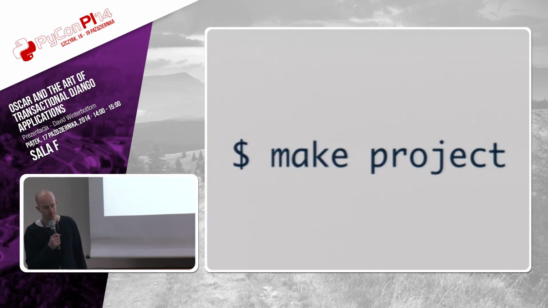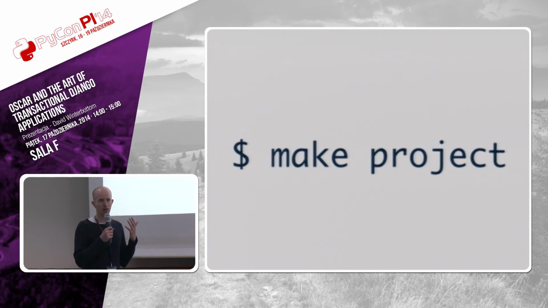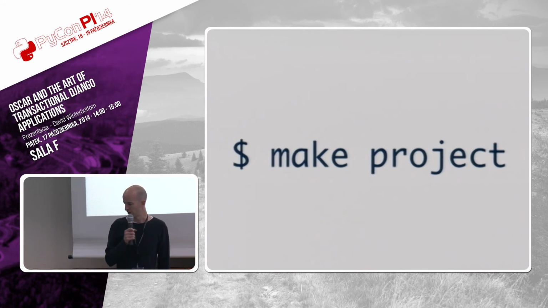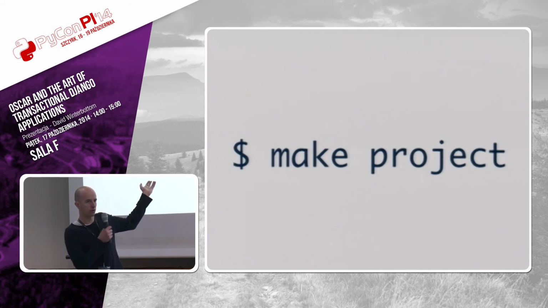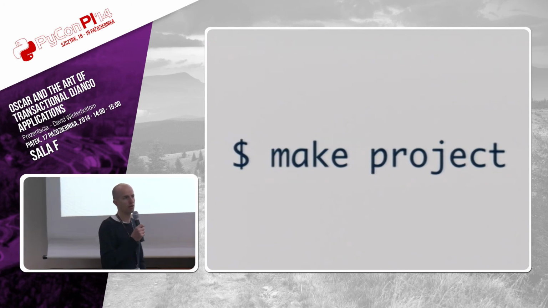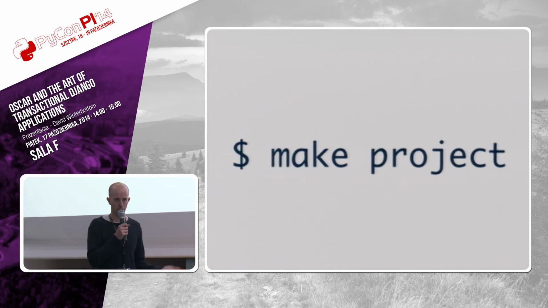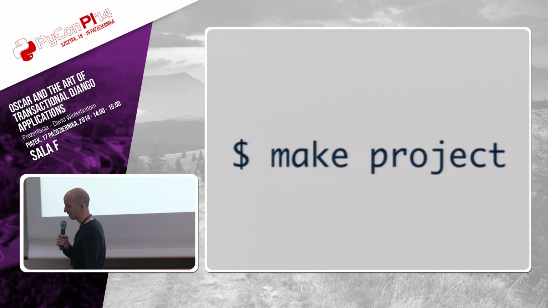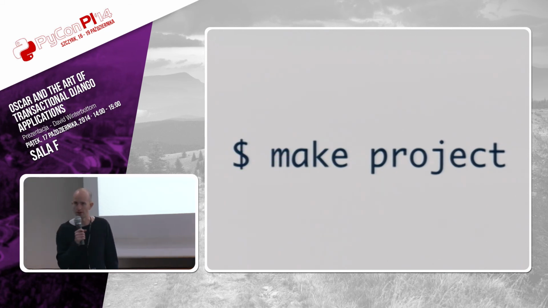And so a good practice that we've adopted at Tangent, that I always recommend to people, is to have a makefile or a fabfile or something where you can destroy and recreate your entire project in one command. So we use a makefile. All you have to do is git clone, then make project or make install or make something. And it doesn't really matter what it does. It's going to create virtualenvs or run Docker containers or use Vagrant. But as long as it's easy. I saw a quote on Twitter the other day that said if you can't destroy and recreate your entire project in one command, then you've just got a prototype.